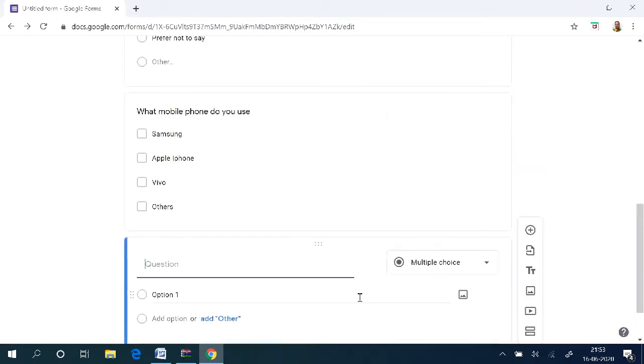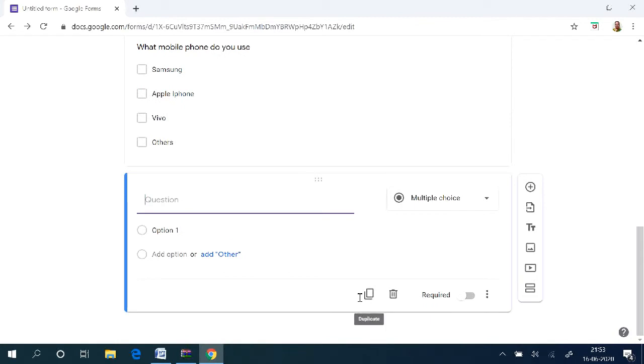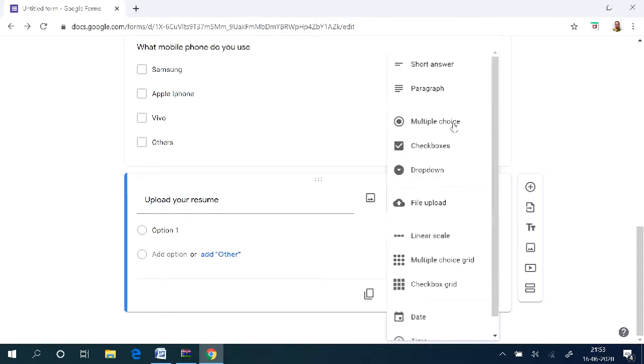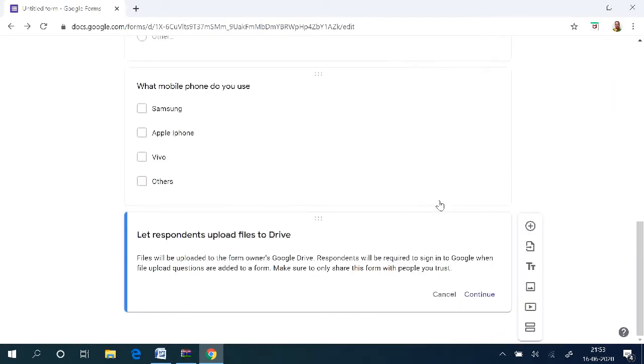Next we will see that sometimes there may be a requirement that the respondent has to upload a file. The response they have to give is in the form of a file. Say I want them to upload their resume. So I can ask them to give a file upload option. Files will be uploaded to the form owner's Google Drive.